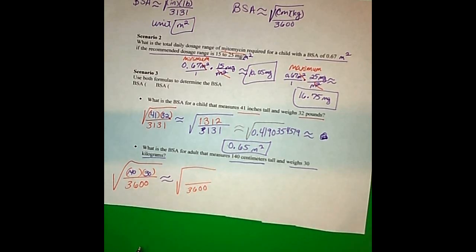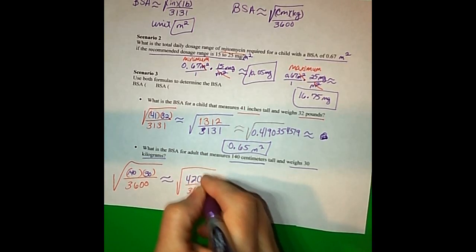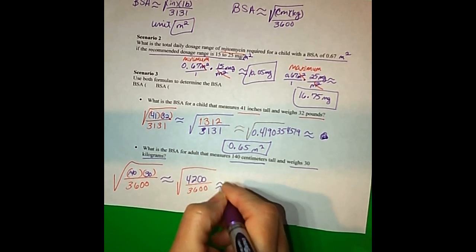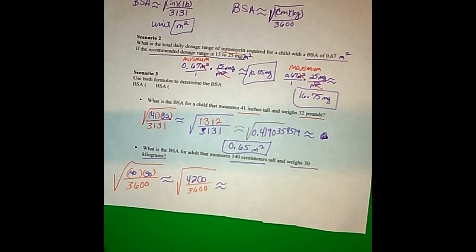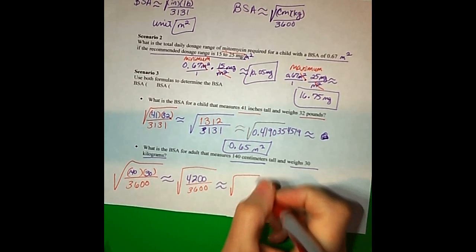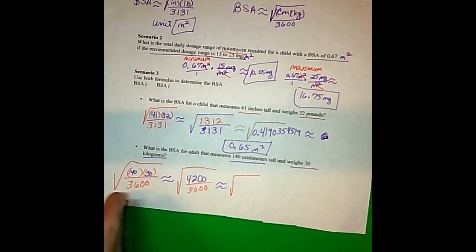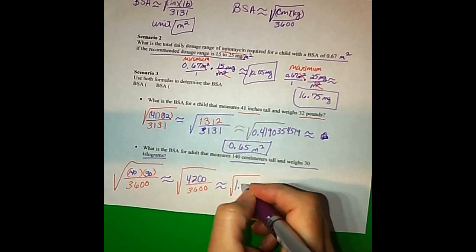We say 140 times 30 is 4,200. Now I'm going to say 4,200 divided by 3,600. And again, if you stay in this format, you stay in this process,